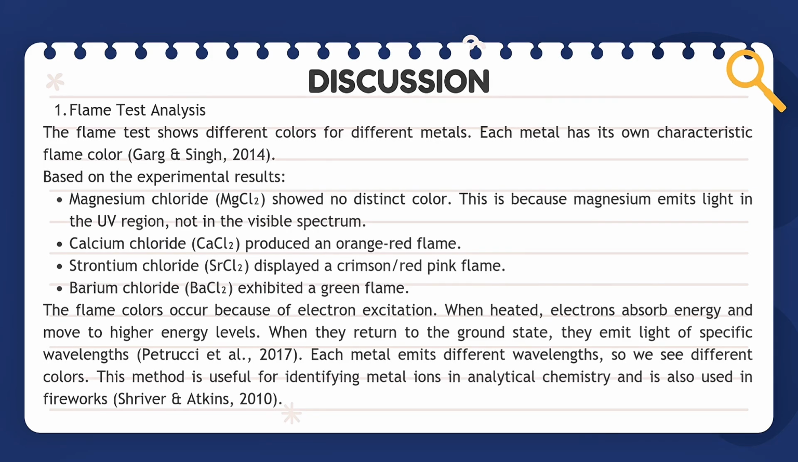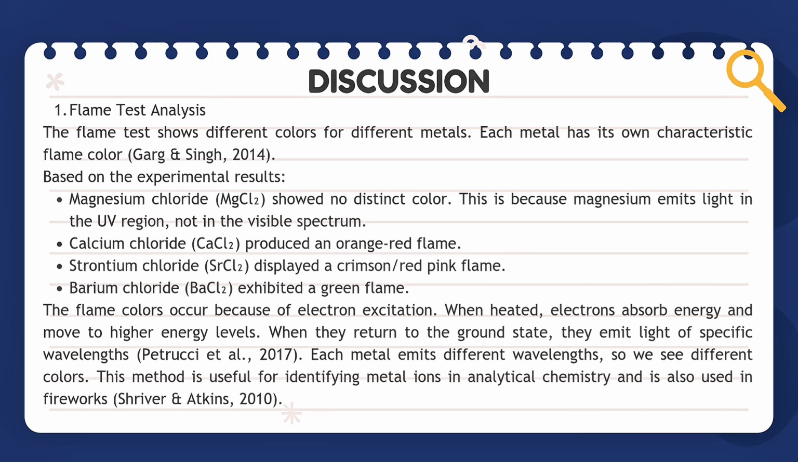First, the experiment began with the flame test to identify characteristic colors of group 2 metal ions. When magnesium chloride was introduced into the flame, no distinct color was observed. This happened because magnesium emits radiation mainly in the ultraviolet region, which is not visible to the human eye. Next, calcium chloride was tested. The flame changed to an orange-rich color. This color appears because calcium's excited electrons release energy at wavelengths within the visible spectrum when returning to their ground